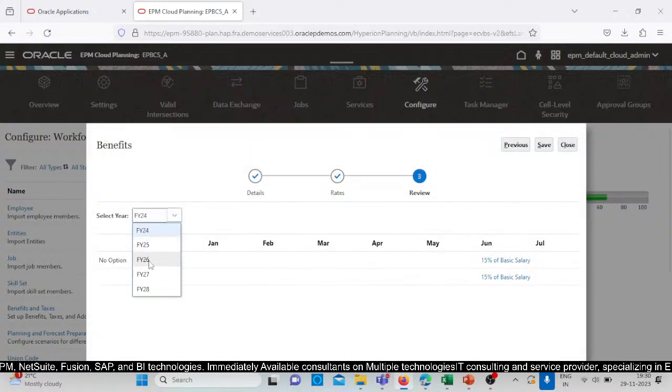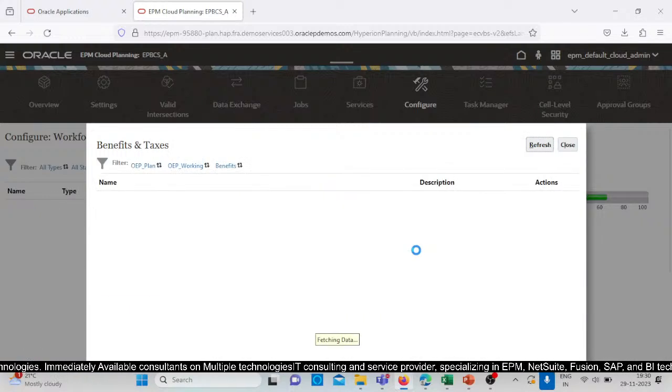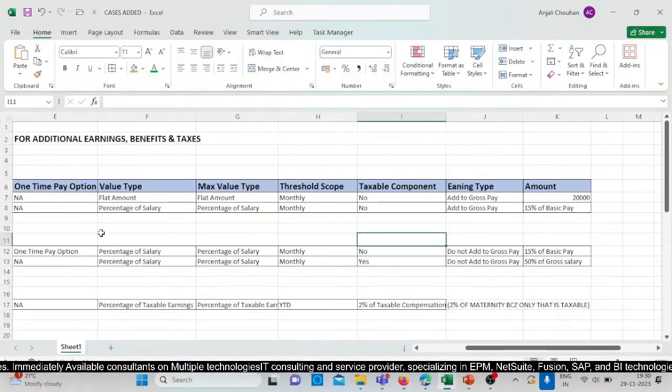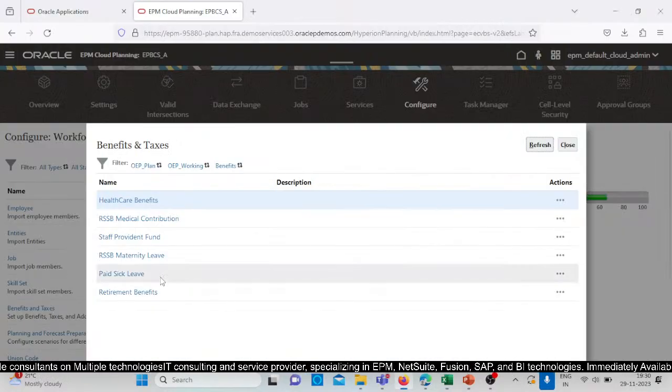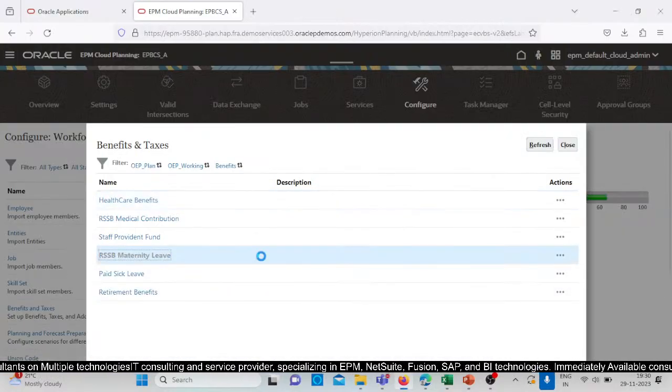And you can see it will be selected for each and every year, not for a single year, because we are doing the planning for the financial year 28. Okay, now let's close this. For making it simple, here I am just taking two kinds of benefits today, that is healthcare benefits and maternity leaves. So click on maternity leave